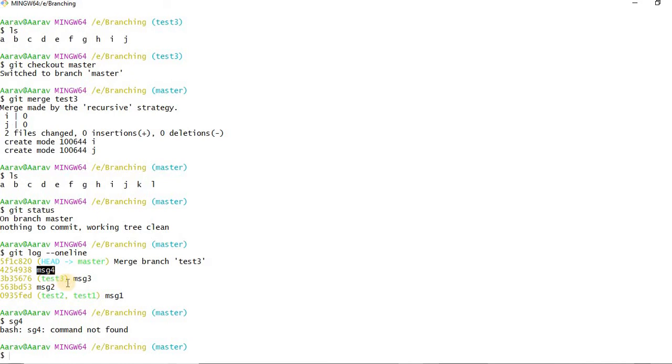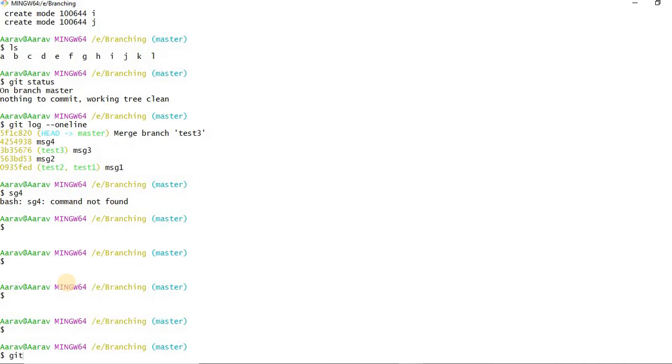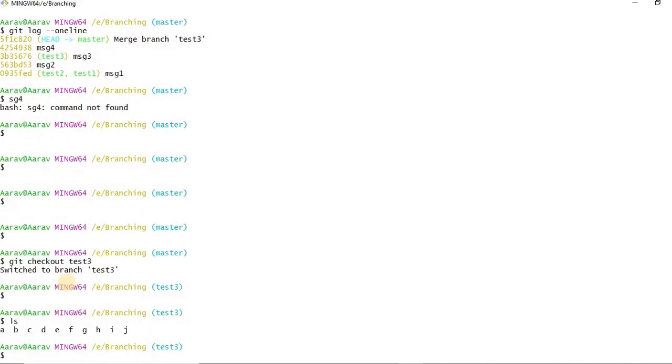Let us see one more simple example regarding this. Let me git checkout test3 again. Do ls; ij kl was there, I think till kl we have, yes.